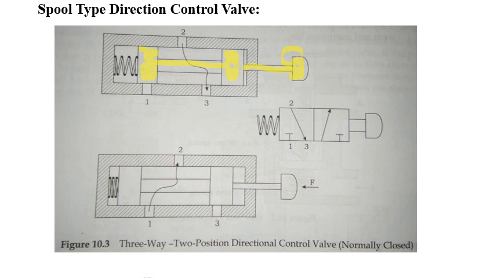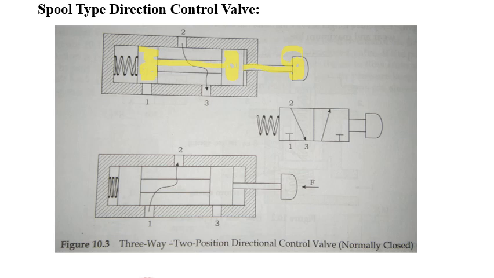So if we press this lever, what will happen? The entire spool will be pushed against the spring force, so 1 to 2 will get connected. Automatically the same spool will close port number 3. So the circular spool itself will close one port opening and open the other port, so that the required direction of fluid flow is achievable. Here you can see the spring on one end and the push button on the other. To actuate you need to press, and if you release, due to the spring tension it will automatically come back to its original position.